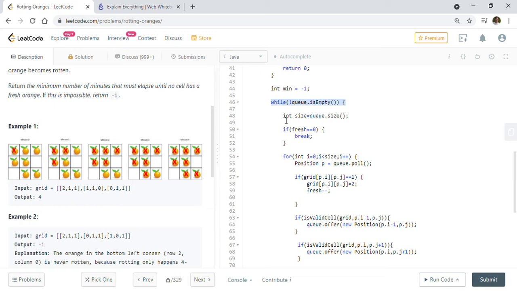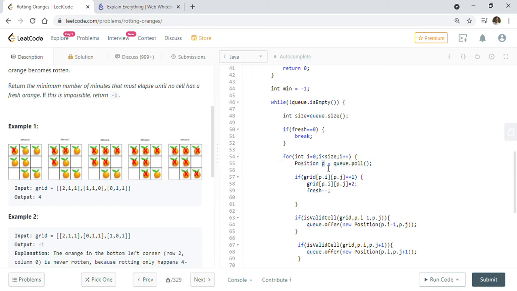This while loop will go on, it first checks the queue size, and it will have another for loop inside, iterating through the queue elements for that iteration, and it will process all the oranges that are already placed into the queue here.